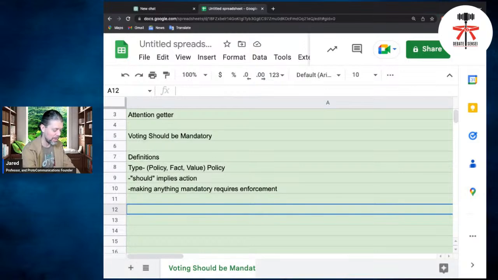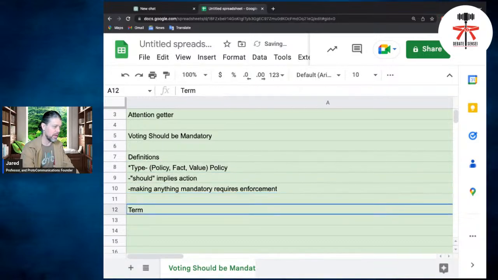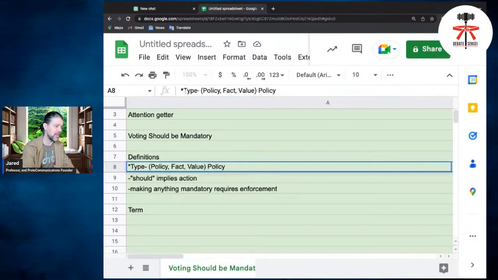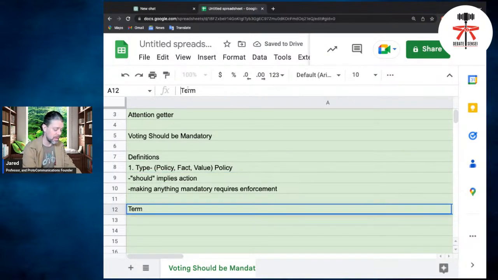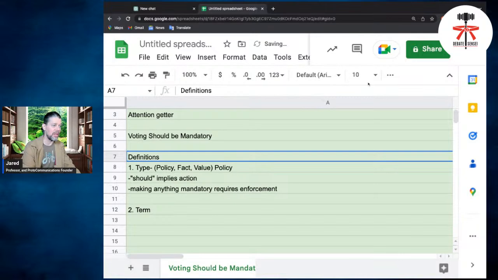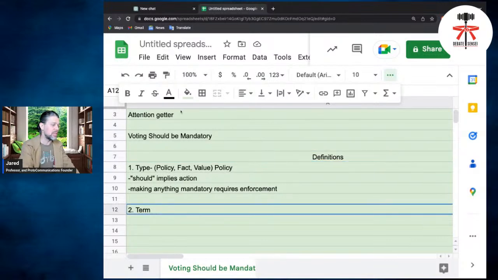All right, so there's the type, and then we're going to define terms. Maybe I'll have a little way to bullet point this out. In fact, what I like to do instead is to number them. So one, the type, and then you have two subpoints. Subpoint two under this is all under definitions, right? So definitions are right here. I'll even do it centered so you can see it. This is the definitions section of your speech. And then when you get to terms,